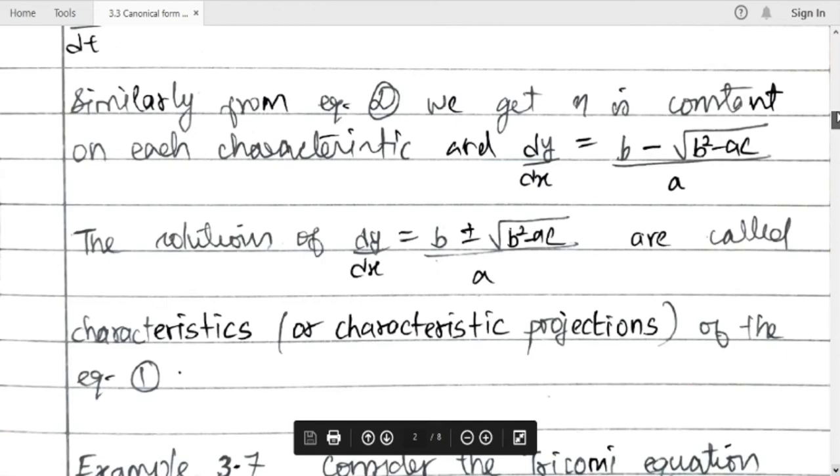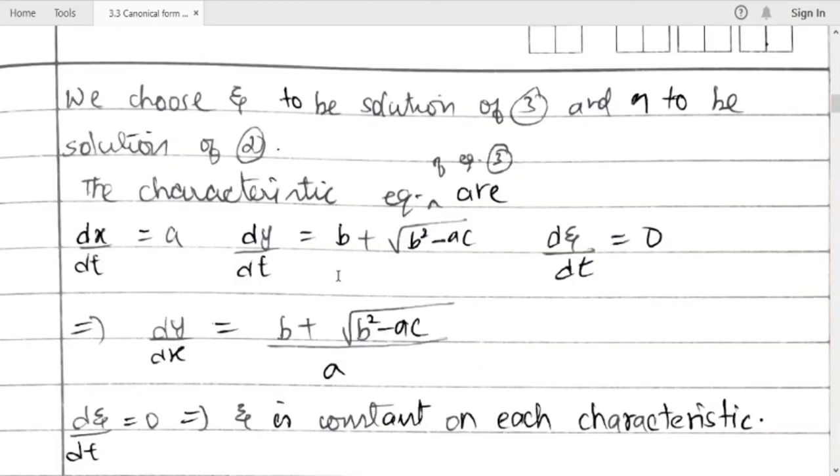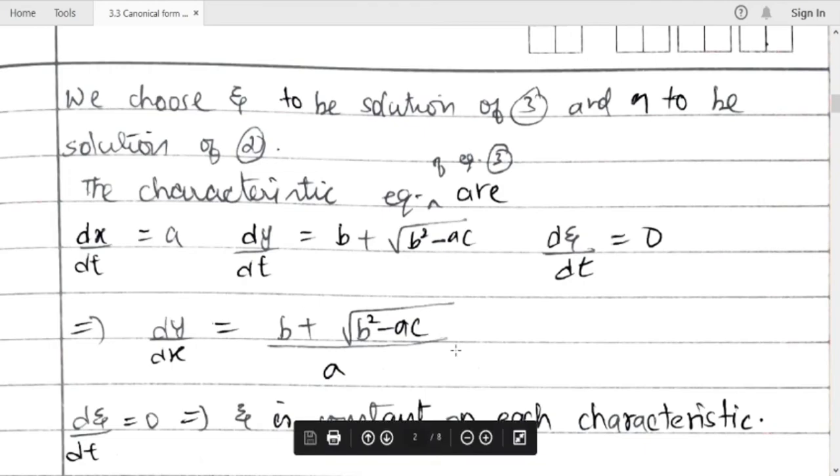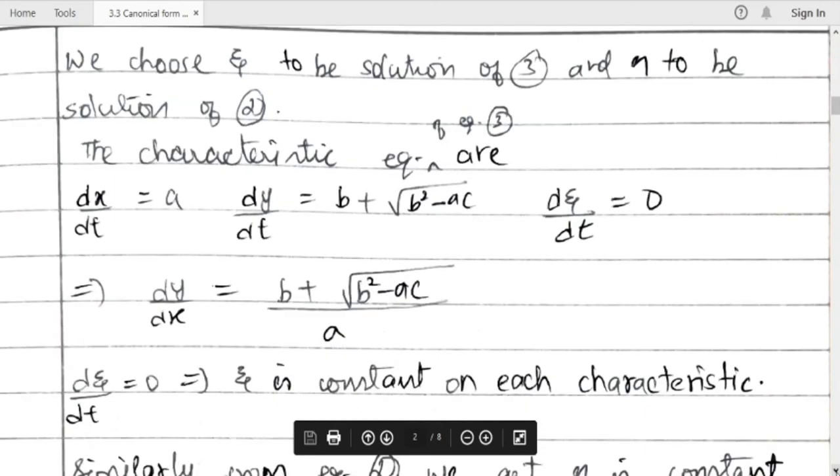Now d theta by dt equal to 0 implies theta is constant on this characteristic, and characteristics are obtained by solving this first order ODE, that is dy by dx equal to b plus root of b square minus ac by a. So when you solve this, you will get theta. Now in the same way, you will get eta if you solve equation number 2. Okay, you will get eta is a constant, and the characteristics are obtained by solving the first